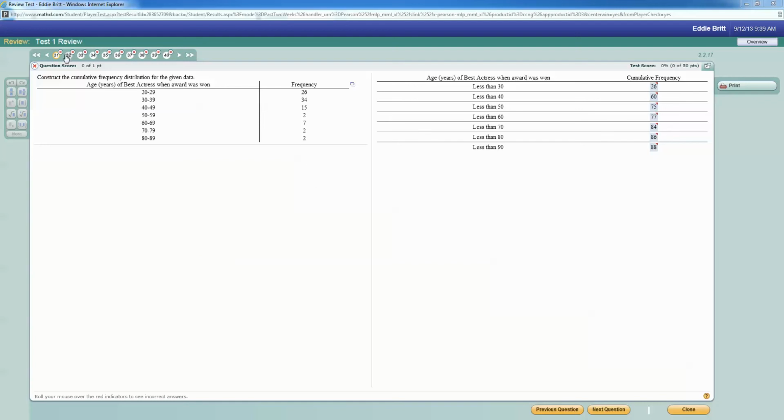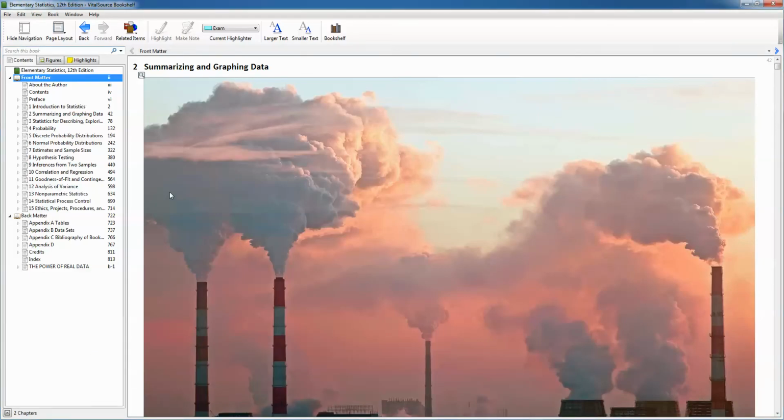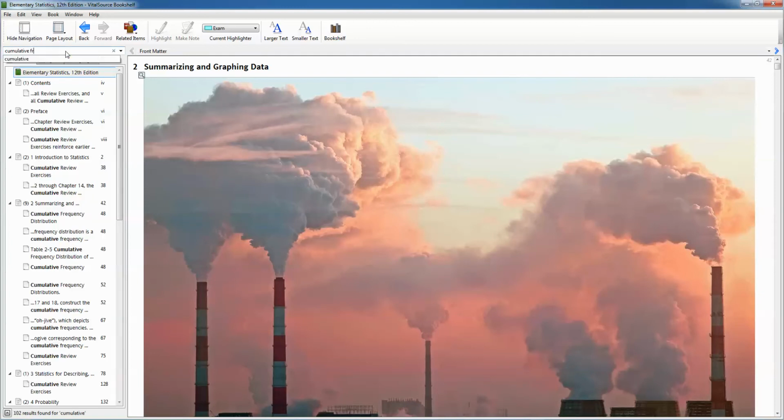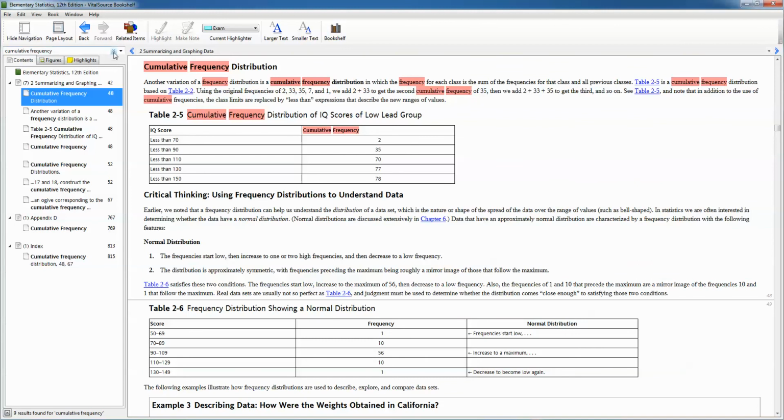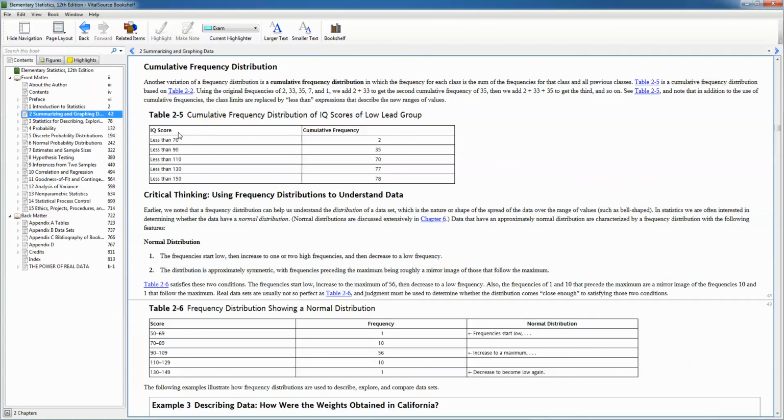Picking back up with problem number 31, construct the cumulative frequency distribution for the given data. So what is a cumulative frequency distribution? Go to your textbook, you can search for that. And there's cumulative frequency distribution. Alright, and with a cumulative frequency distribution, instead of having the classes that have from 50 to 69 and